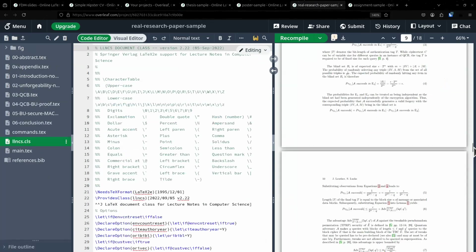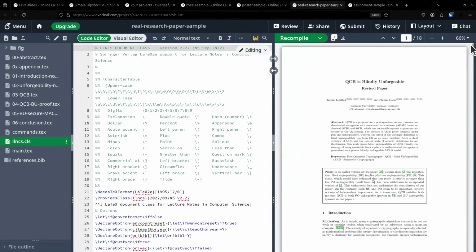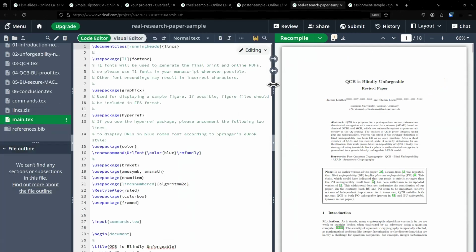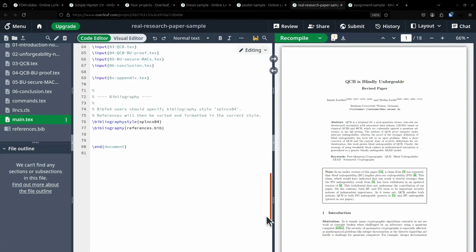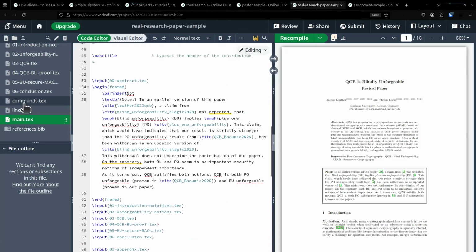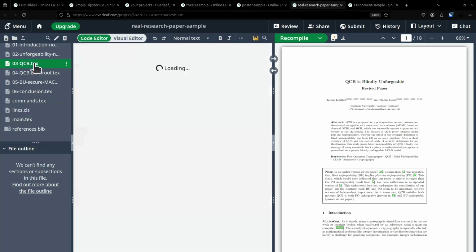Then there would be a research paper. So there's also an actual research paper from us. This uses a predefined document class, the LLNCS from Springer, and you can just put it in here and use it to create your document. So you can see I configured the document class using the LLNCS format, and then everything will be put into place, and you can edit your content as you like.